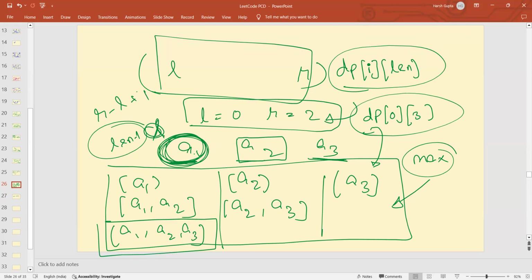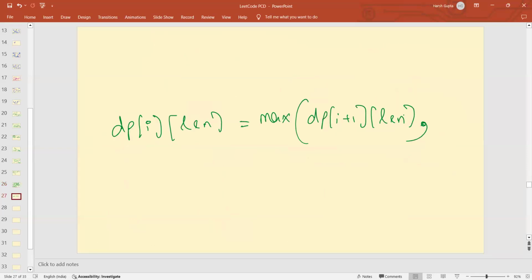If we are not considering the entire array, do we have the answer already in dp of I of len minus 1? Because till len minus 1, the maximum score is already stored, isn't it? So we already have the answer in that. So, comma, dp of I of len minus 1, comma. If we are considering